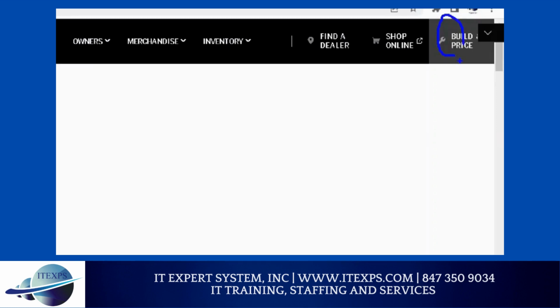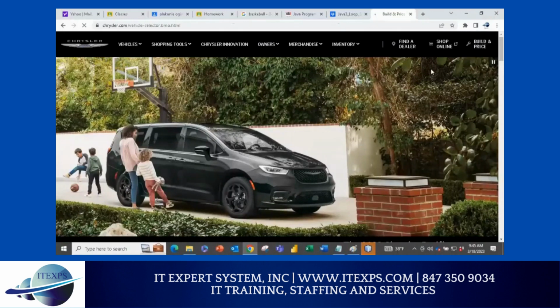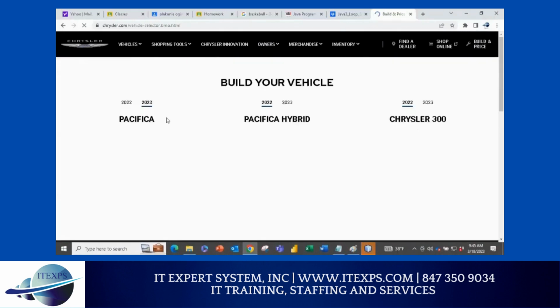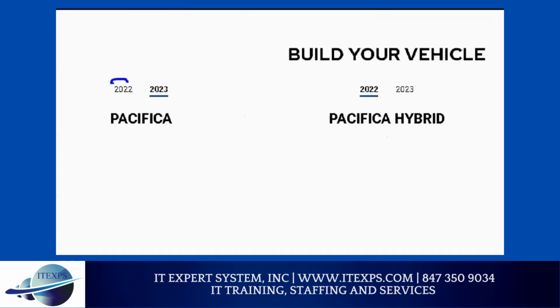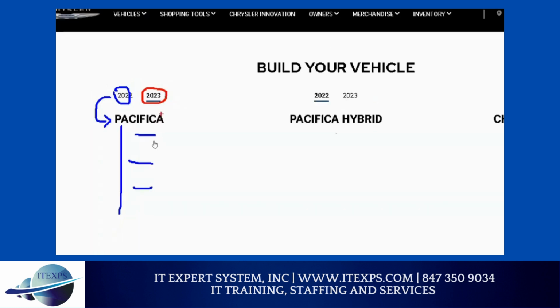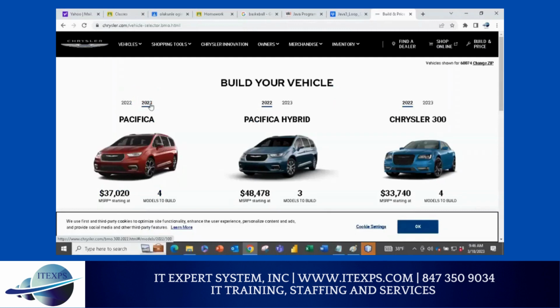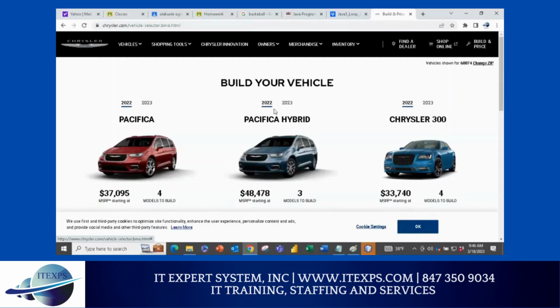Now, if I click here, they have a different site now, but there were 6-7 loops. You can see here, this is the condition, the if statement. Do you guys agree? If 2022, then you will see that type of vehicle. So there are 2 conditions: if the year is 2022 and the vehicle name is Pacifica. Do you guys agree or not? Or if the year is 23 and this, right? If I click on 23, you see this. And if I click here, you will see by default this is selected. So if I click here, you can see that, and if I click here, I see that.